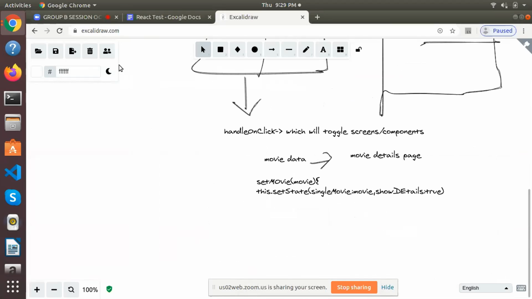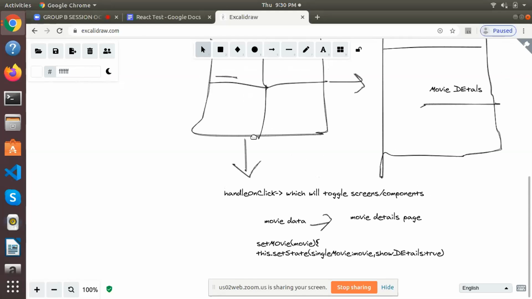Yes, Gaurav? If you want to include Redux in it, how are we going to think about implementing Redux in it? Okay, Gaurav.